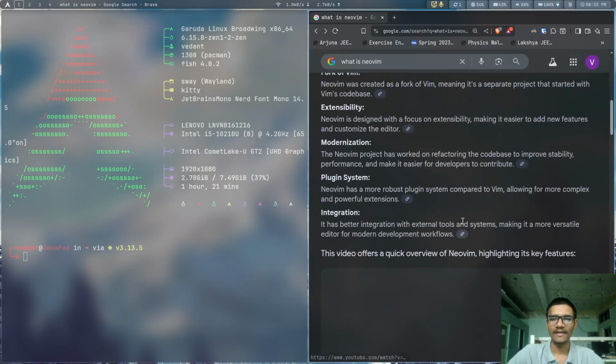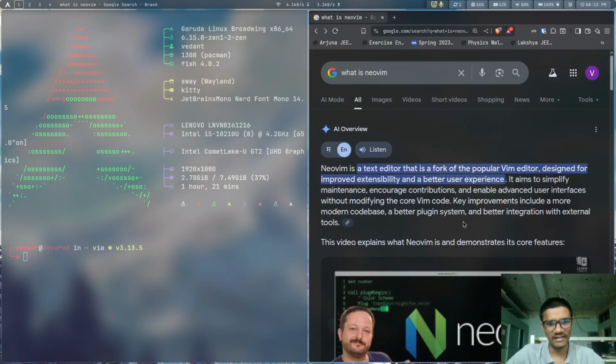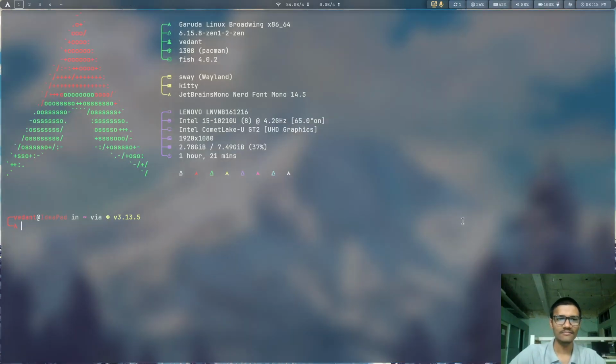It is the primary text editor on Arch Linux, just like the simple notepad, which is a text editor within Windows. In the same way, NeoVim or Vim are the primary text editors of Arch Linux. If you want to know more about Arch Linux, just Google it. In simple terms, Arch Linux is just a distro of Linux. Anyways, so let's just dive into it.